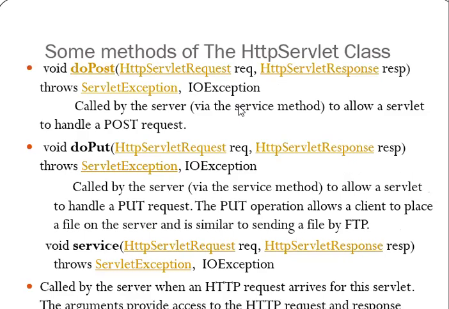So in the tests and exams also, they will give the class name or interface name. If it is an interface or class, we have to list the methods that are present in that interface or class. If it is a package, then we have to list the interfaces and classes present in that particular package. That's it.